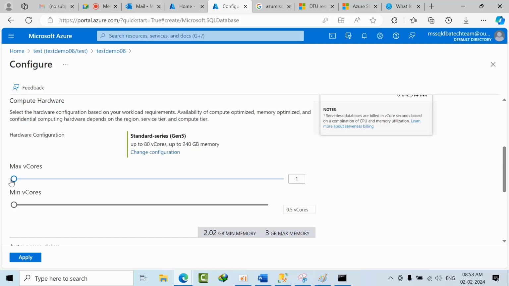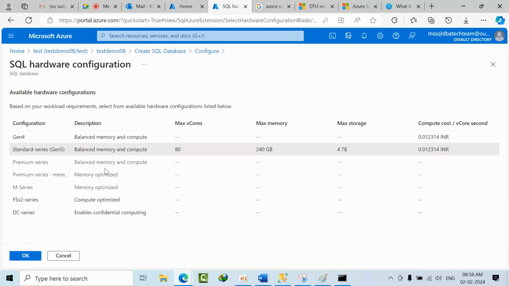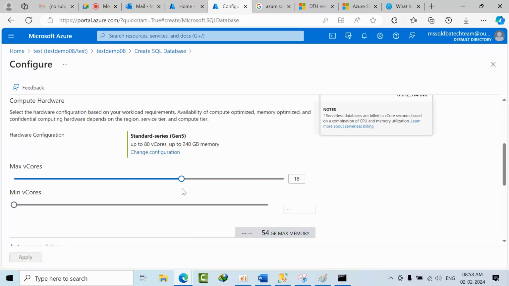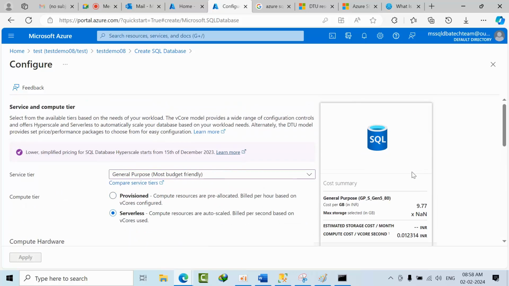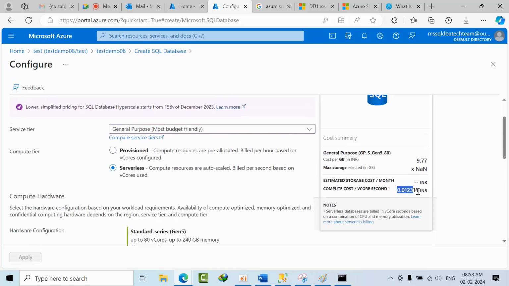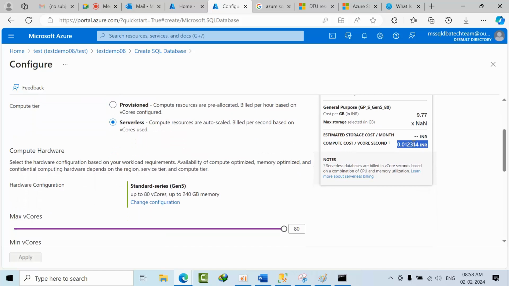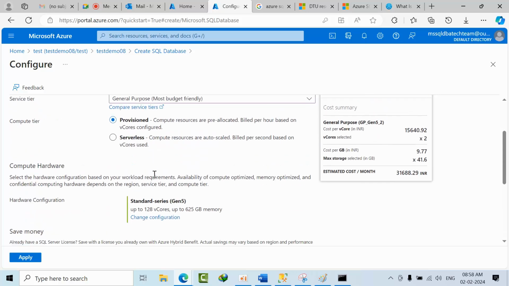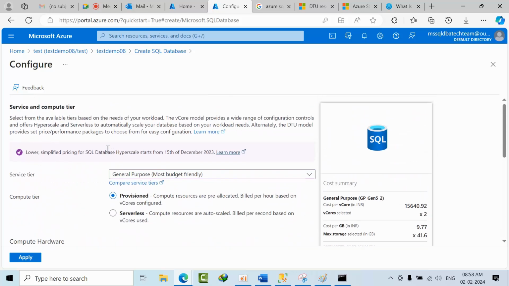So I can go with a maximum of up to 80 cores. See how the billing would be: per second, for 60 seconds how much it would be, and for 1 hour how it will be. So if I go with provisioned, maximum vCores.